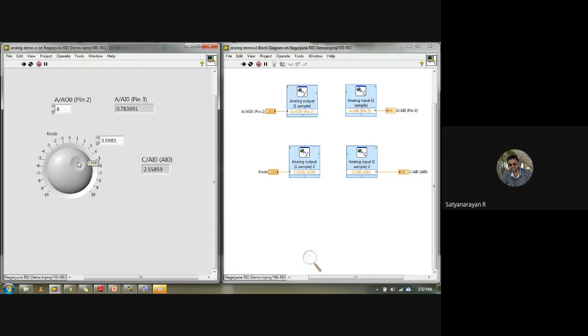Now I'm giving around 4.1 as an input, and you're getting 4.09 here. That 0.1 will be the error. Why? Because it matters for the wiring connection. If the wire is not connected properly, there will be a chance that you won't get the data. But that's fine. If you lose 0.1 or 0.2, that will not be a very big loss.